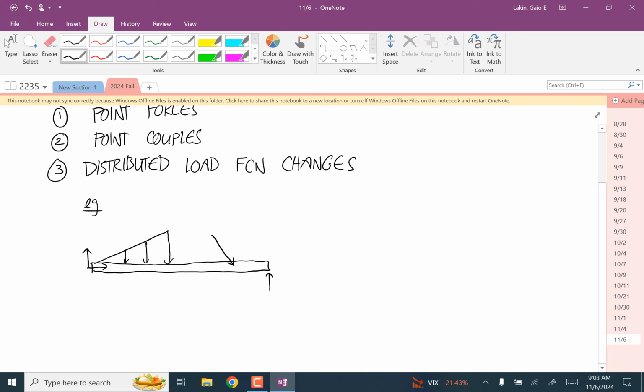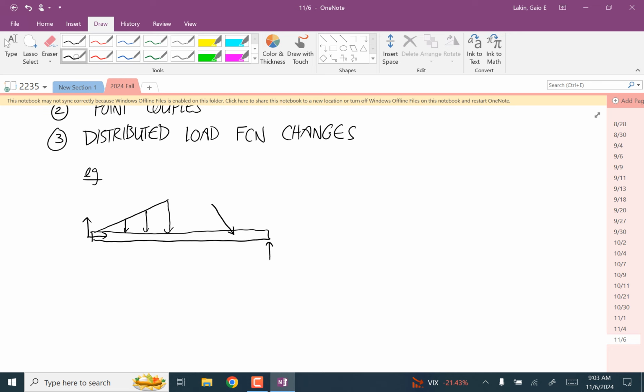Okay. So your cutoff points are going to be where this distributed load function changes, where this point force is. And so the cuts that you're going to do are going to be